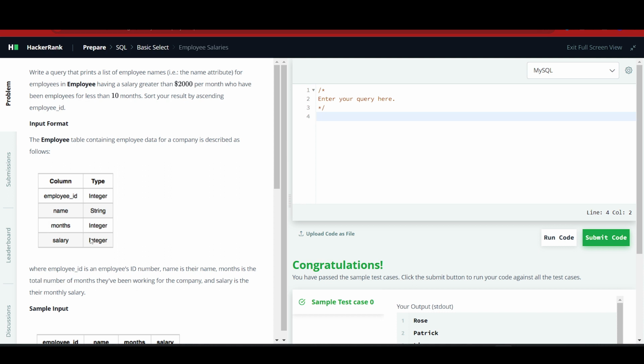So we have an employee table, and in this we have to retrieve all the employee names whose salary was greater than $2,000 and who have been employees less than 10 months, and we have to sort our result by ascending employee ID. So here we will write select name from